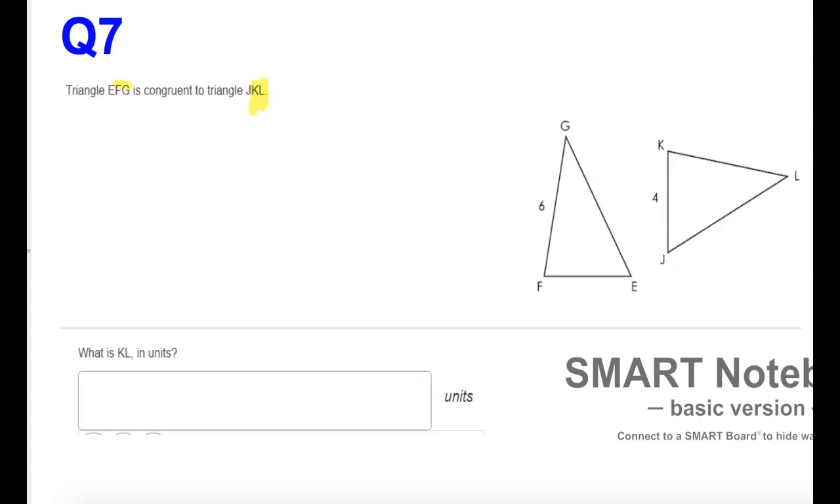Triangle EFG is congruent to triangle JKL. What is the length of KL in units? All right, so remember when we have triangles and they are congruent, when we have our congruent statements, the order